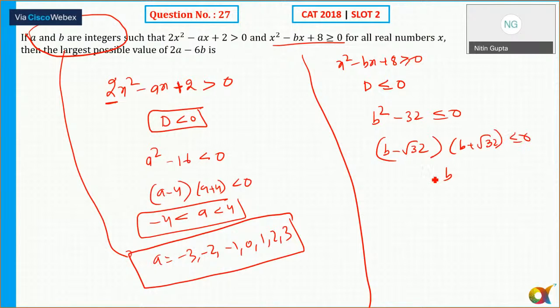So b will be lying in the range from where to where? Minus root 32 to plus root 32. What is the square root of 32? 5 square is 25, 6 square is 36. So it means b is lying in the range 5 point something, but greater than or equal to minus 5 point something. So the possible values of b